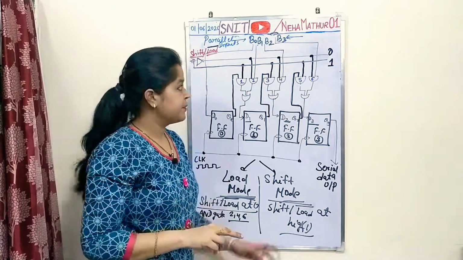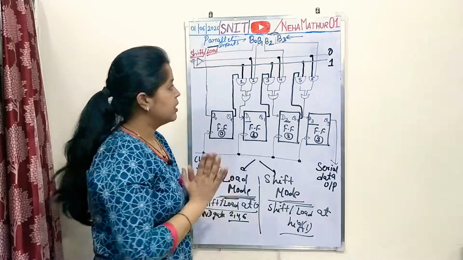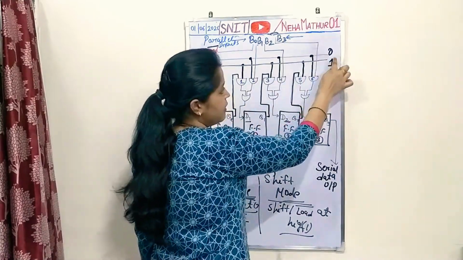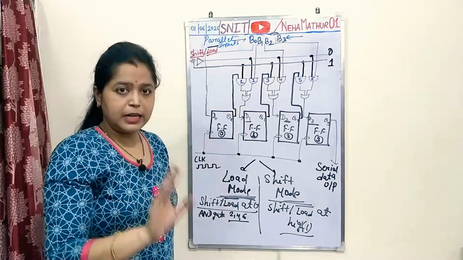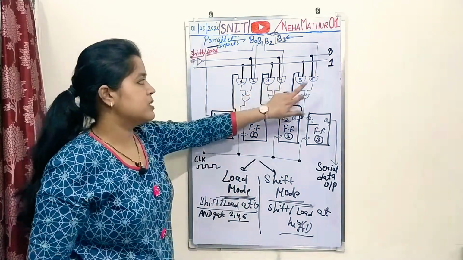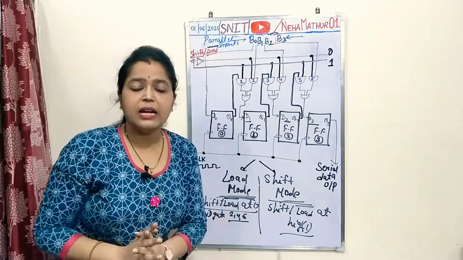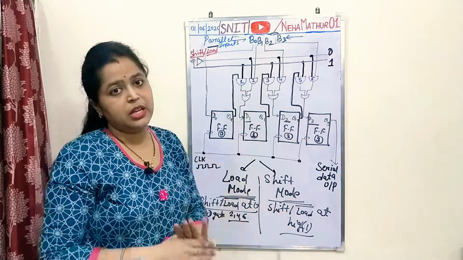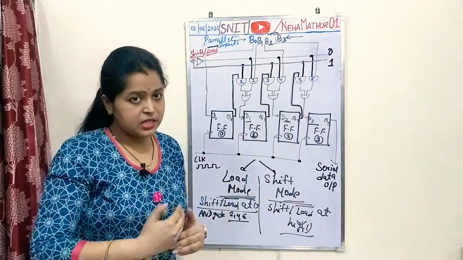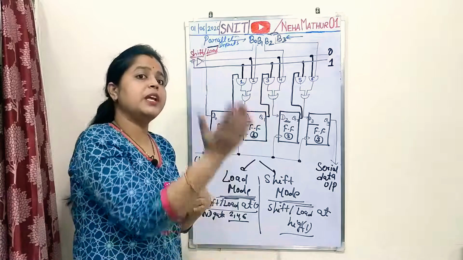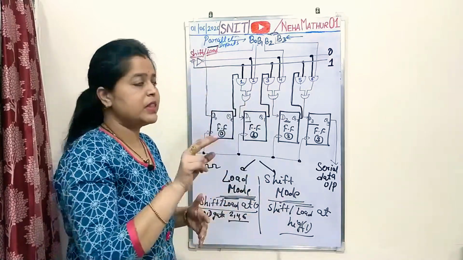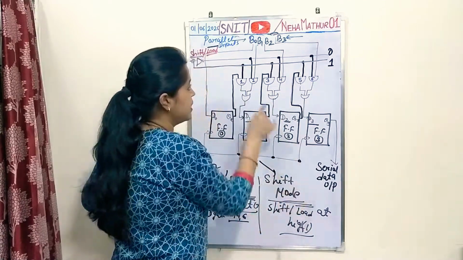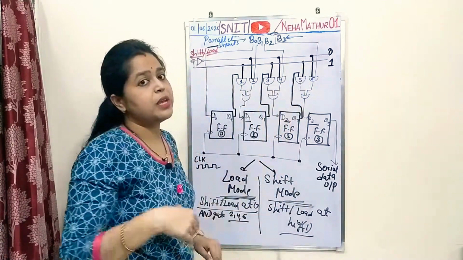Now what about shift mode? In shift mode, just reverse the load mode. The upper line is set at 0 when the lower line is set at 1. That means now gates number 2, 4, 6 become inactive and they are not able to load your data from B1, B2 and B3. Now the task is just the shifting of the data which is already loaded, and this is possible with the help of gates 1, 3 and 5, because in this mode of operation 1, 3, 5 are going to be active.